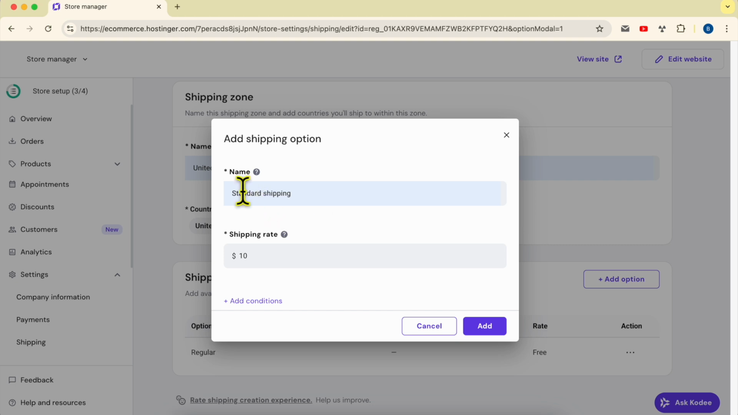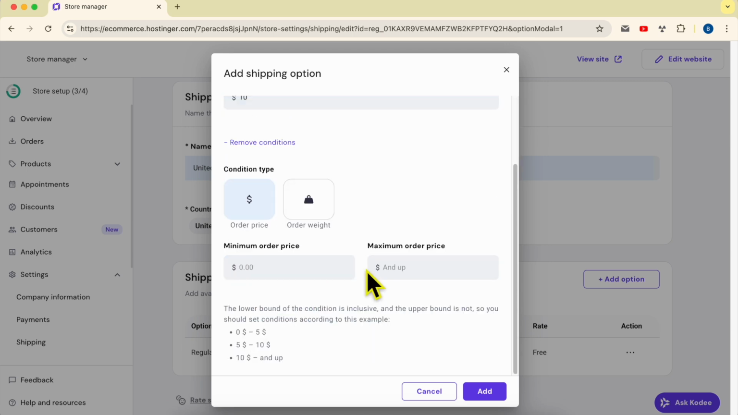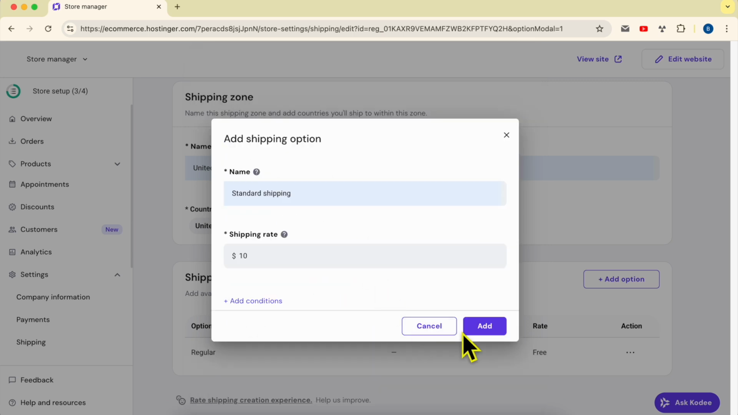My bad. Since this shipping fee is for all orders, including lightweight orders, heavyweight orders, below $50 or above $50, you are not required to add any condition. But first, let's check the conditions that Hostinger uses. You can go with an order price condition or an order weight condition. The rest you can check yourself. Now click on add,